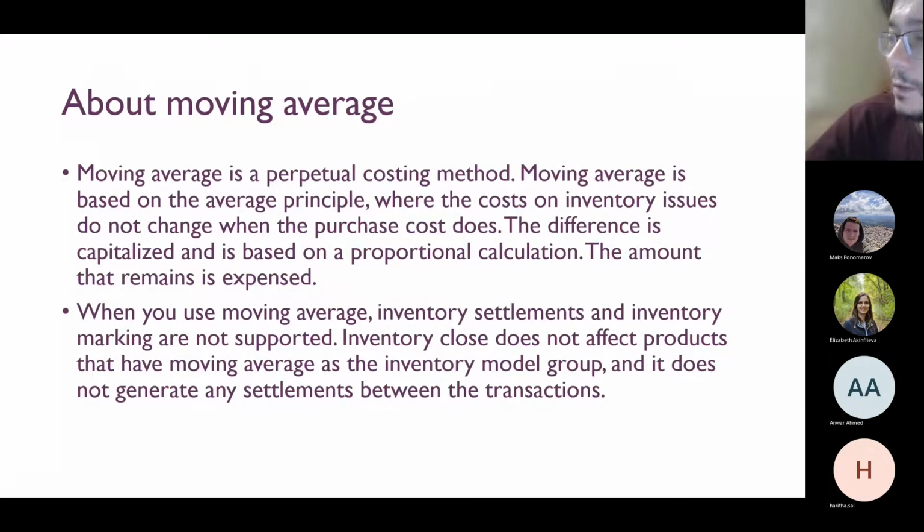And moving average is basically an average principle where the cost of inventory is not changed when the purchase cost is changed. The difference is capitalized, and the amount that remains is expensed. The most important piece to keep in mind is that with moving average, while we post transactions for moving average products, we cannot use marking and inventory settlements, and there is no inventory closing, as it doesn't generate any settlements. As a result, what I had in a live project was a problem that we couldn't